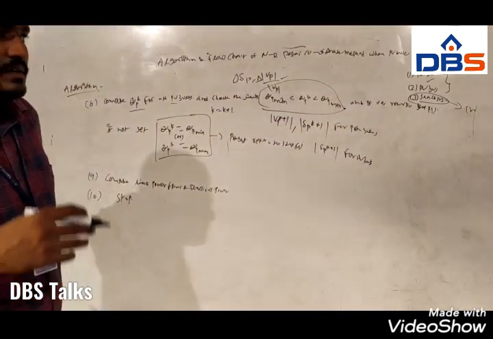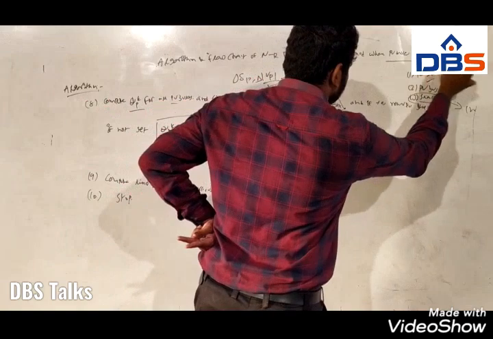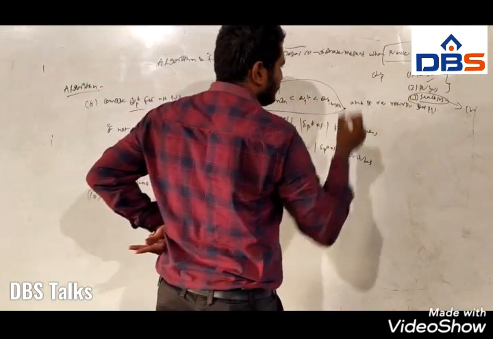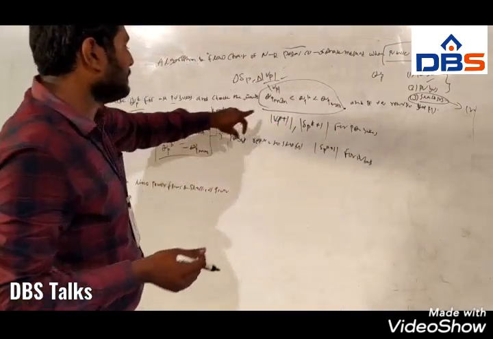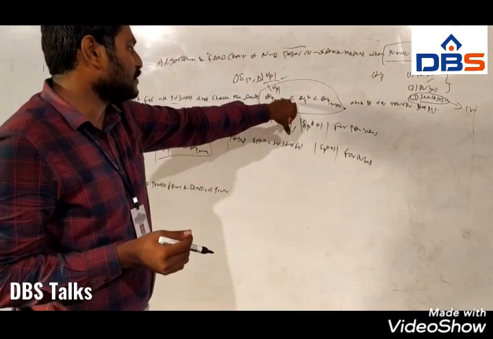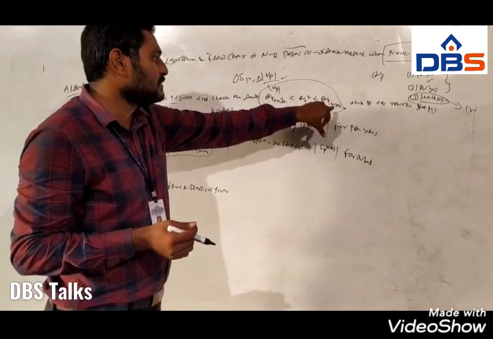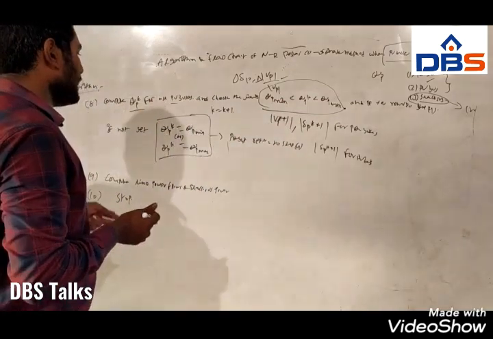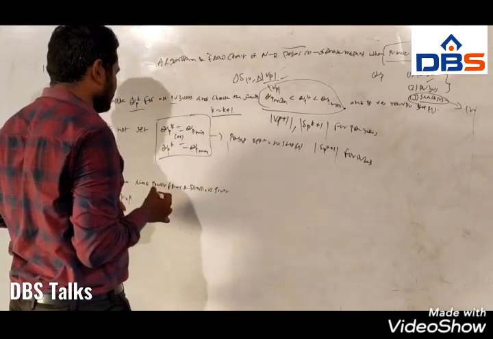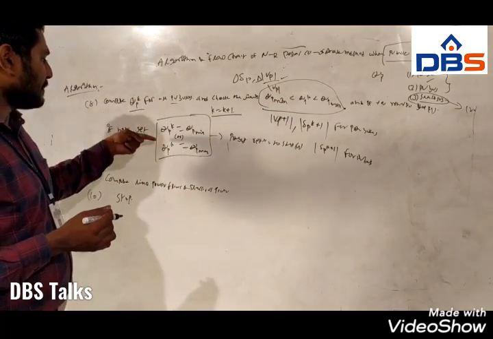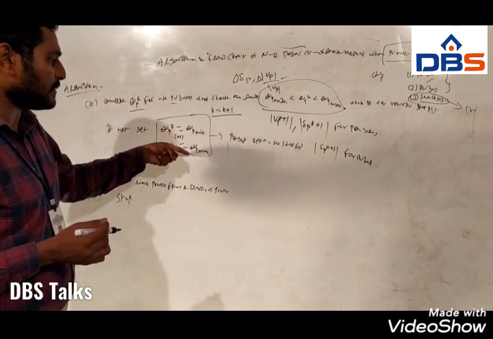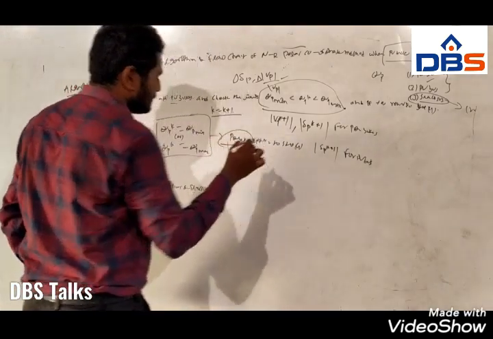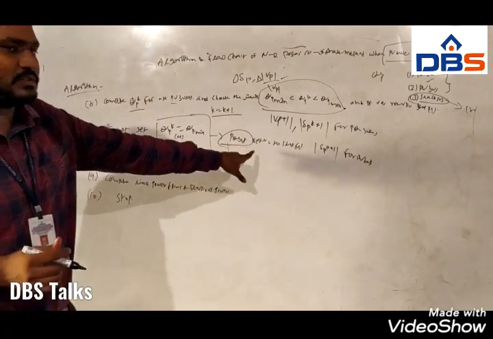After that, in this case we are considering PV buses are present, so we have to calculate reactive power. In the next step we have to calculate reactive power, and also check the limits, that is QP minimum less than QP power K less than QP maximum. If the condition is true, we return to step 4 and increment the iteration K is equal to K plus 1. If not, set QP power K equal to QP minimum or QP maximum, that is treating this bus as a PQ bus, and return to step 4.